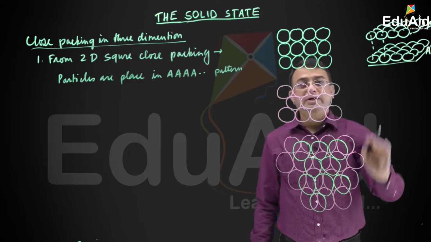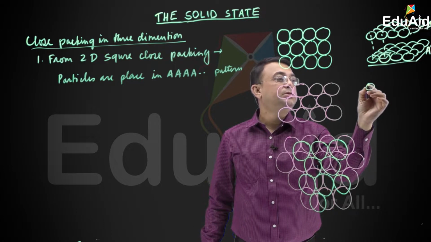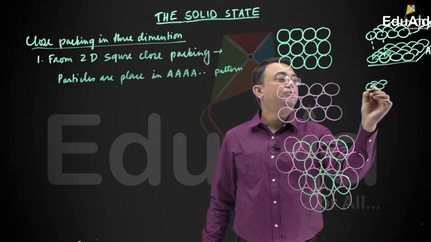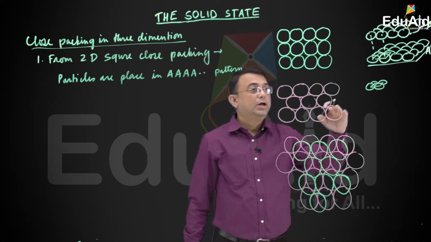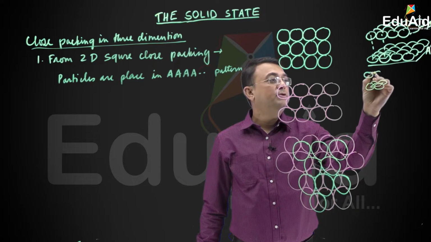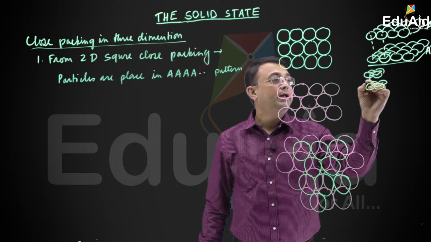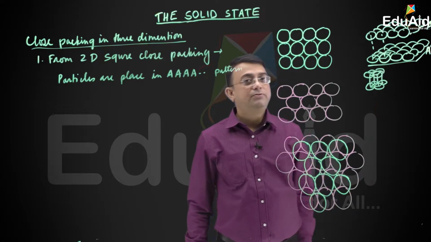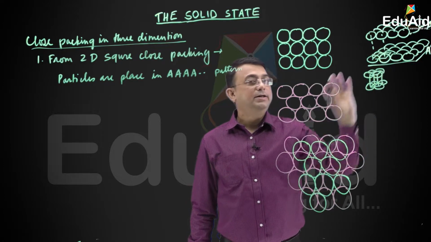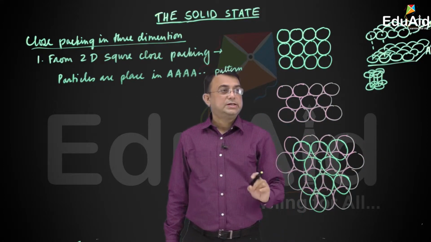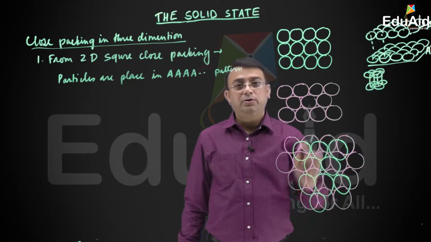Now if these particles are placed in A pattern, then we'll take a small part of this layer with 4 particles which has a square structure as it has been said. Now above this, in the next layer also we will take 4 particles which are exactly above these particles. Here also it will form a square. Now we will connect this. What has been observed? It has been observed a cubic type arrangement, and this is the unit cell of this type of closed packed structure. This is a unit cell in which particles are at the corner only, isn't it?